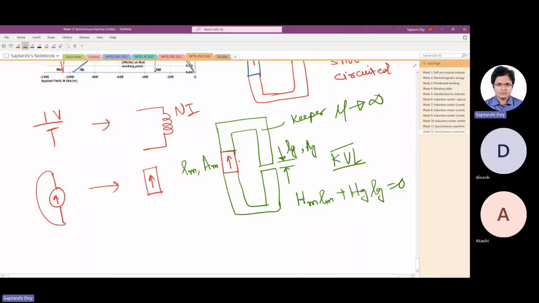I am taking all the directions as the same; flux is flowing in these directions. HM LM plus HG LG is equal to 0. So this gives you HM is minus